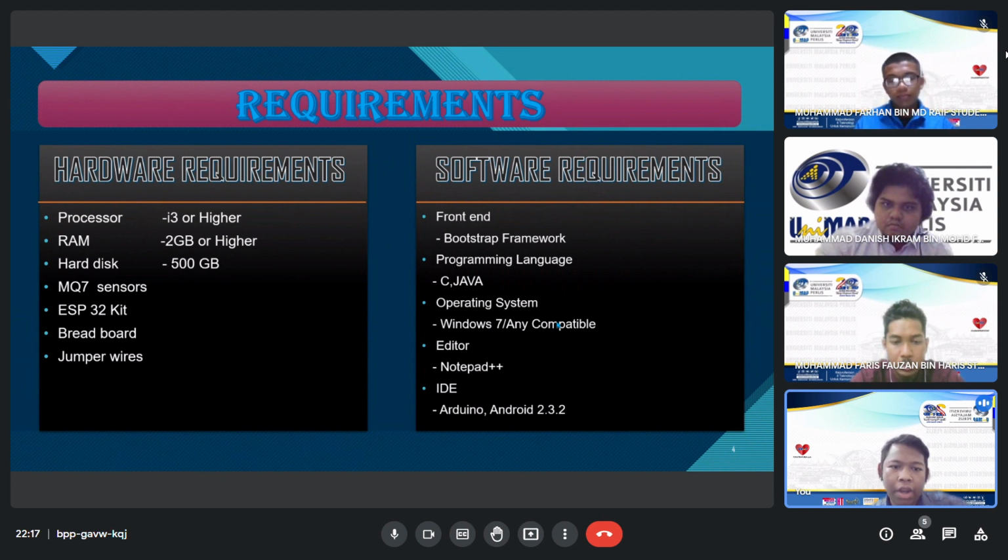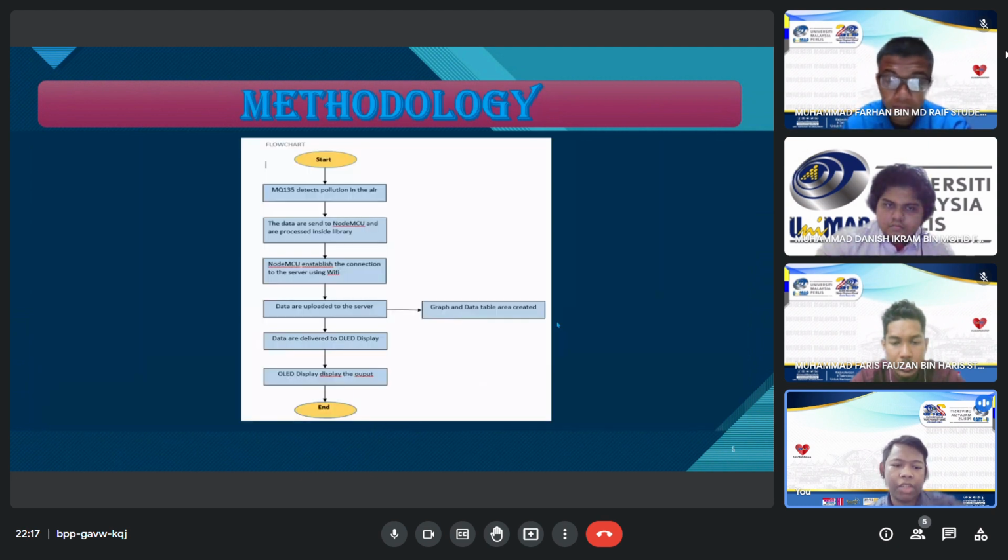The software requirements include a website framework such as Bootstrap, and the programming languages we use in this project are C++ and Java. The operating system can be Windows 7 or any compatible system. We also use the Arduino IDE and Android 2.3.2.